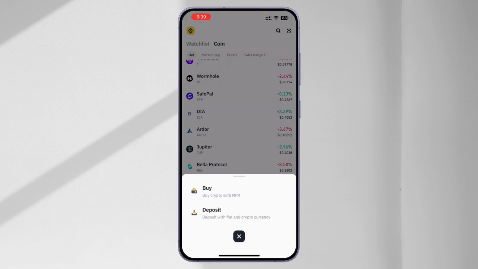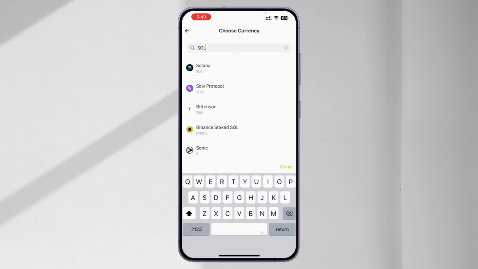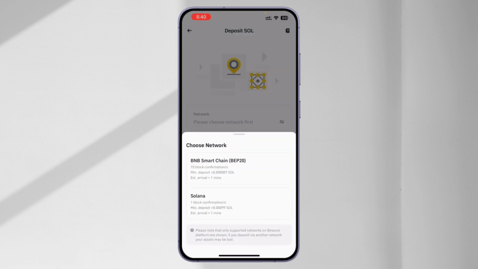As you can see, I don't have any amount or funds, so I don't have the withdraw option. If you have it, simply tap on withdraw and simply choose Solana. Like for example, let's say this is withdraw, and all you need to do is simply search for Solana, and here you can find an option called, or you can simply find the